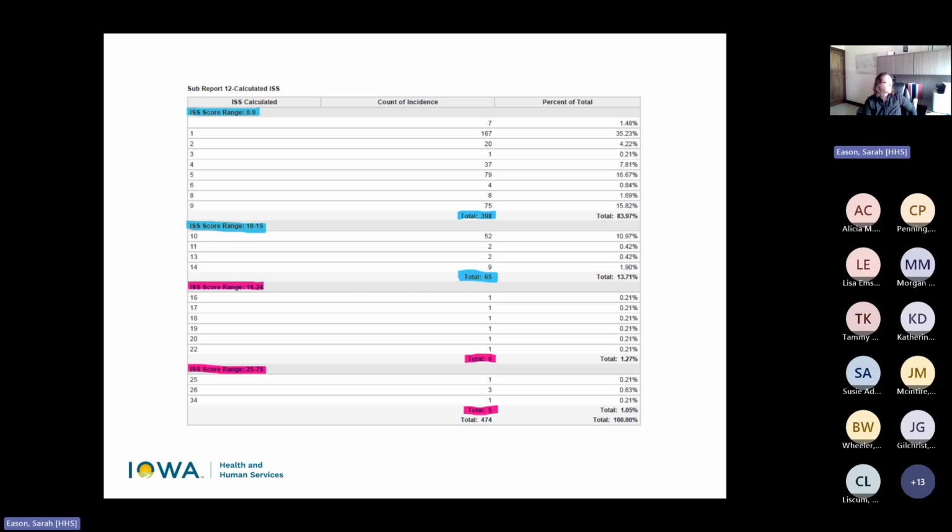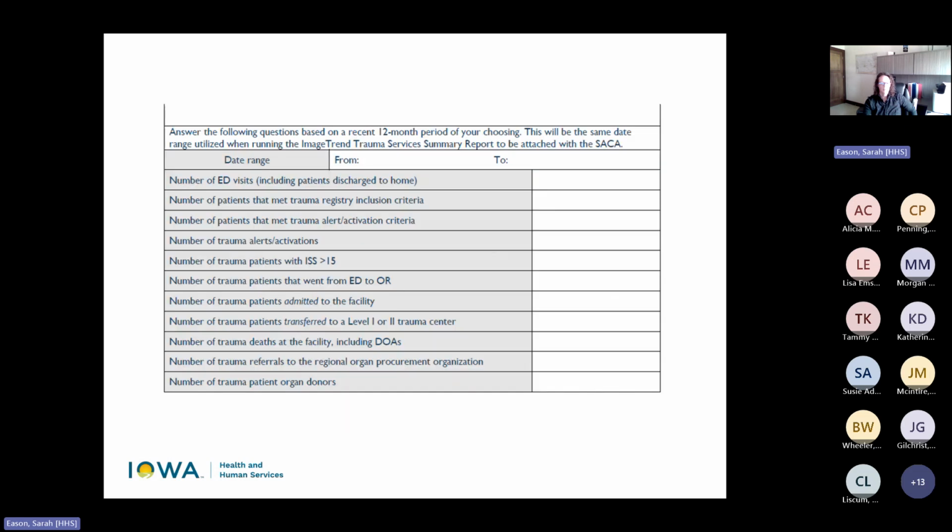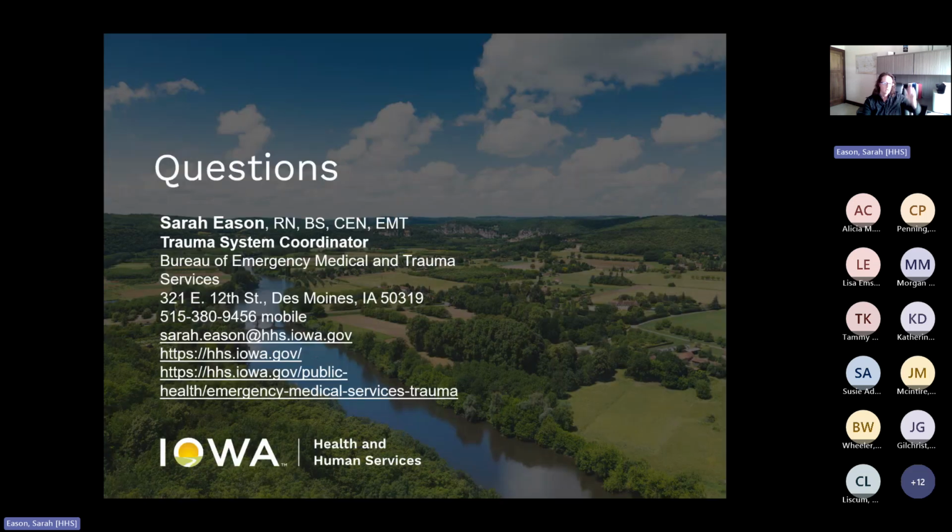And I heard this a long time ago at a TQIP convention when they said, if you go in there with your door closed and you're just sitting there staring at the numbers and asking why and studying these numbers, you're working. That's still work. That's still a performance improvement because you are essentially thinking about what I'm getting out of my registry. And that really is what we want you to utilize the registry for, is your performance improvement.